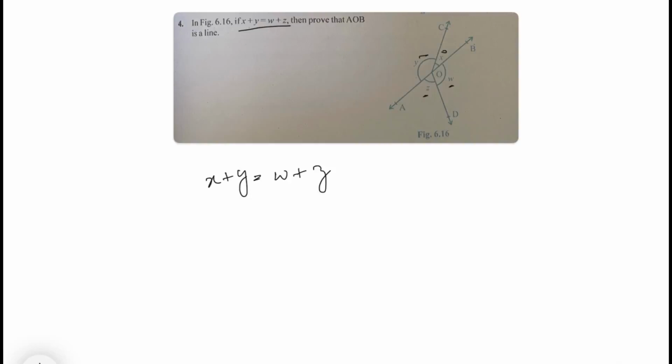See, so what this means is that from the diagram we can see that x and z are vertically opposite angles and w and y are also vertically opposite angles, right? So x and z are vertically opposite angles and y and w are vertically opposite angles. So when vertically opposite angles are equal, it means that the rays are